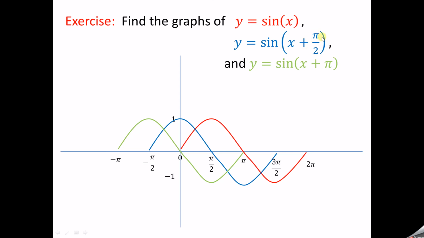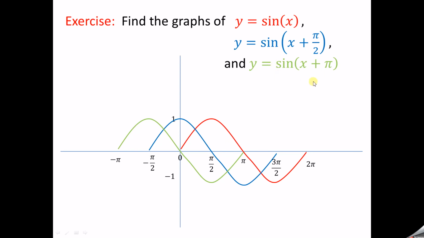Therefore, phase shift is minus c by b, minus pi by 2 and b is 1. So, minus pi by 2. So, to get this y equal to sin of x plus pi by 2, you have to shift this red colored curve to the left hand side by a pi by 2 distance. If we shift this red colored curve a pi by 2 distance to the left, we will get this one. The earlier red colored curve passes through the point 0, 0. Now the blue colored one, after shifting the red colored curve a pi by 2 distance to the left, passes through the point minus pi by 2, 0.